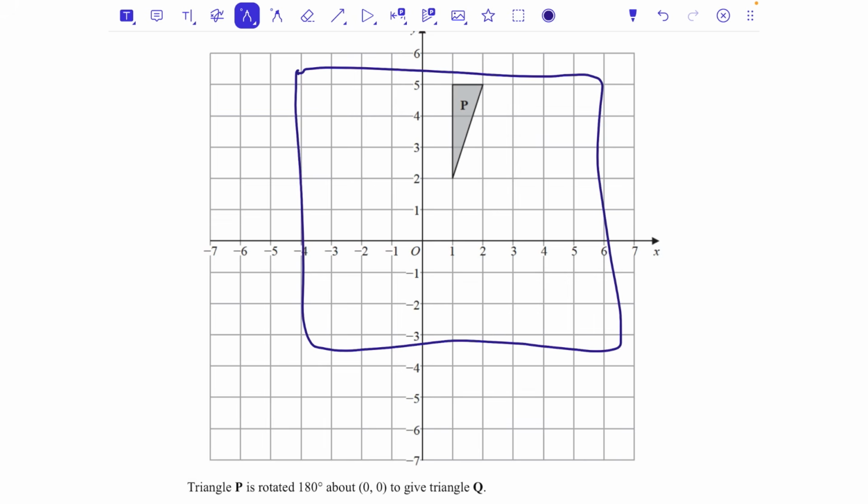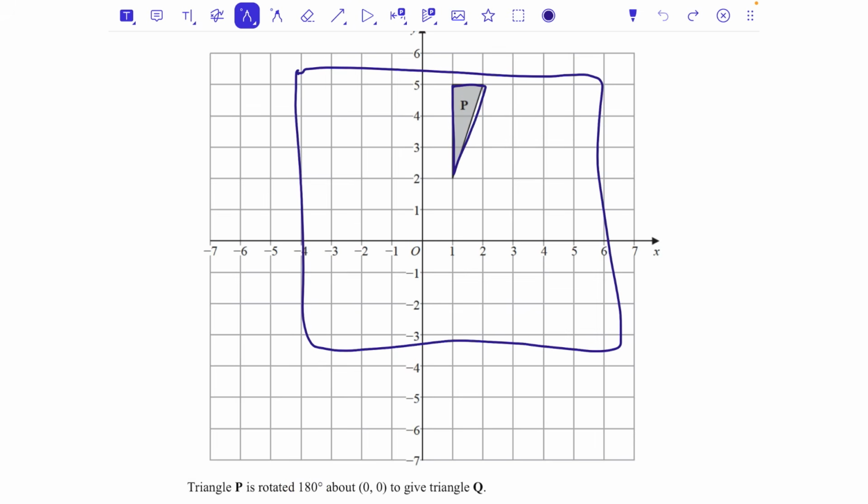So you put your tracing paper over the top. You would then draw around P. Now, I think it's really helpful to draw around it, but put an arrow in it facing up. And then you're going to hold your pen on that point and spin the tracing paper round, okay? And by doing that until the arrow is facing downwards, because we want 180 degrees,